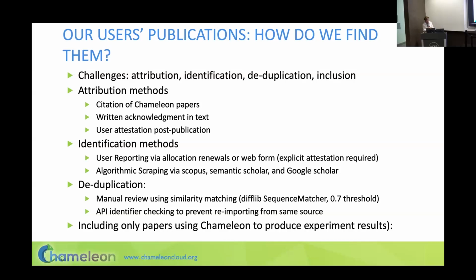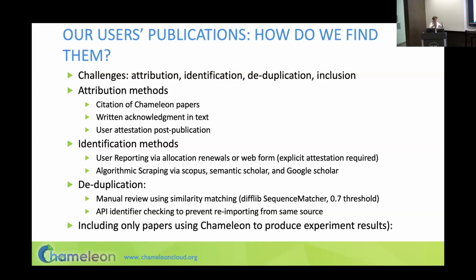But here is how we measure research. First of all, there are many challenges there. One is, how do we know that this paper used Chameleon, so attribution, and we don't really know unless you acknowledge Chameleon explicitly in the paper. Secondly, how do we find out that the paper is out there? How do we find this paper? We don't know, right? Unless you tell us, really, we don't know. How do we tell papers apart, right? Some papers in some conferences, for example, have many synonyms, right?